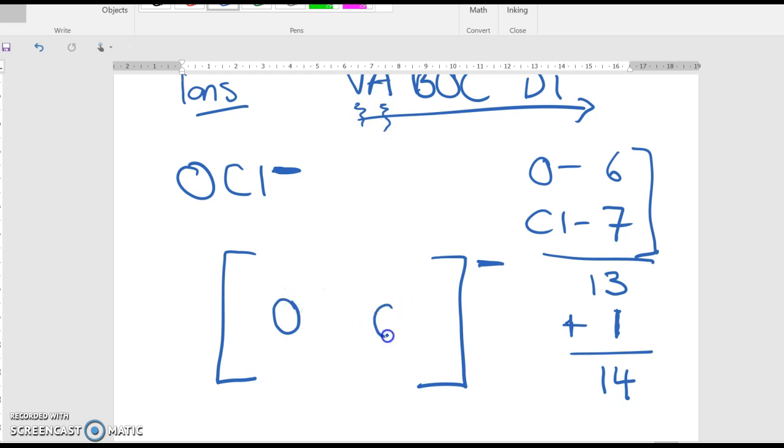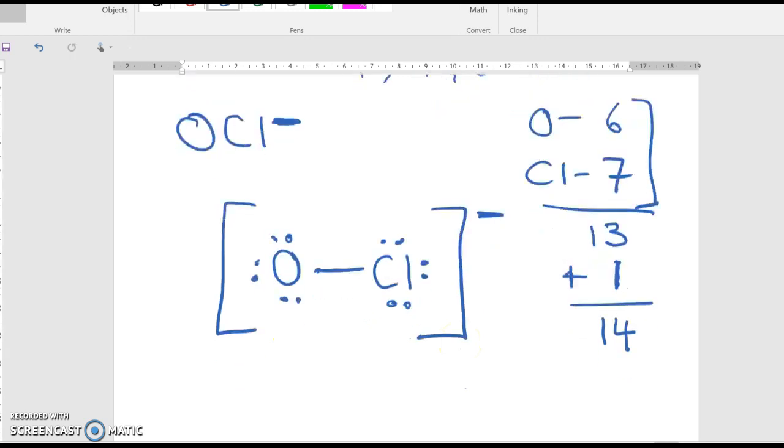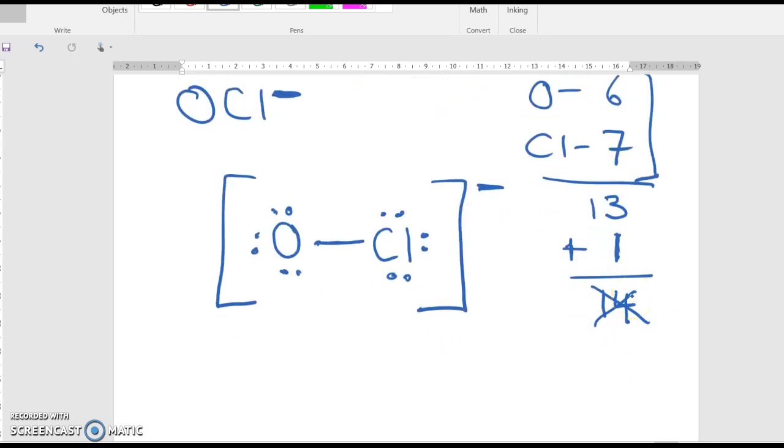And there aren't too many options when you've only got two atoms to use. So I'm going to spread those out, and then I'm going to put a bond between the two to hold them together. I'm going to spread the remaining electrons around the outside atom, and when you've only got two atoms to choose from, you can take your pick. So I've used 2 electrons in the bond, 3, 4, 5, 6, 7, 8, 9, 10, 11, 12, 13, 14. And so I've gone from the outside and central atoms. And now I have used up all of my electrons, and in actual fact, that is the correct Lewis diagram